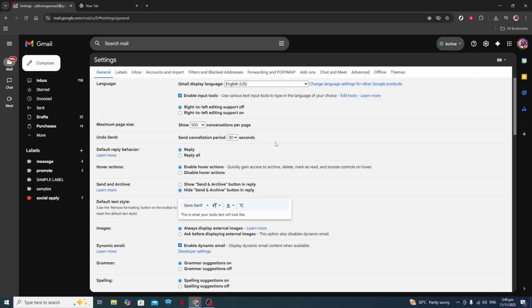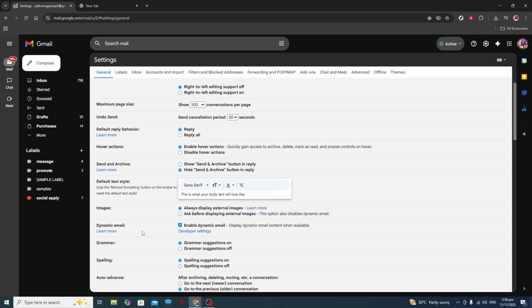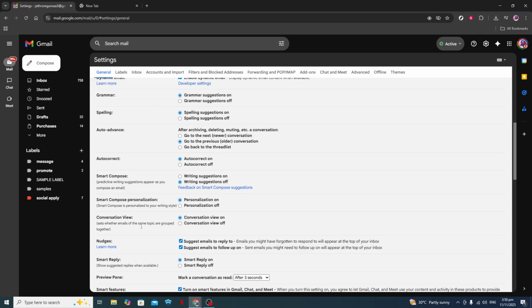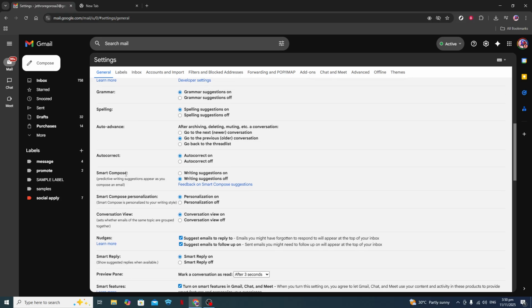Once you're in the settings, switch to the General tab if it is not already open. Scroll down in the General Settings tab until you find the option labeled Smart Compose. This is where you'll be able to enable the Help Me Write feature. Make sure the box next to Smart Compose is checked. This allows Gmail to provide suggestions as you type, using machine learning algorithms to predict your writing patterns and suggest